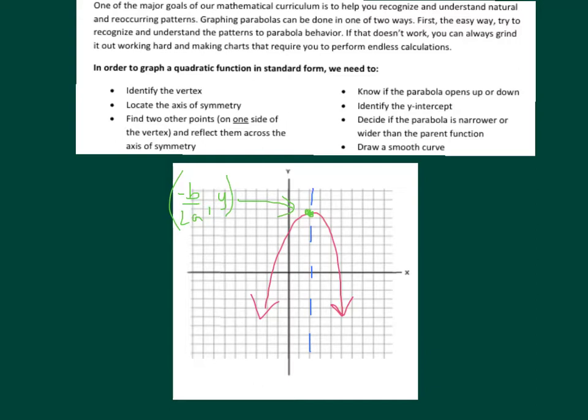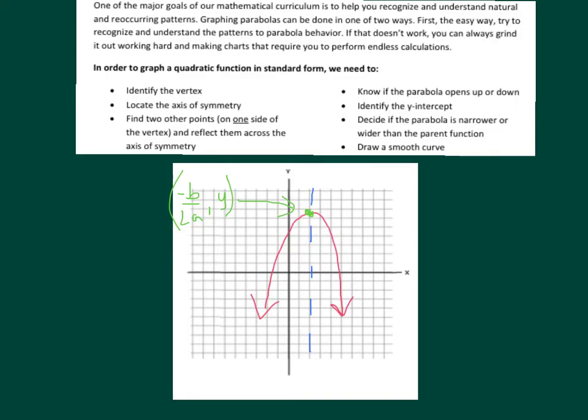What are some of the things we need to be able to do? We need to be able to identify the vertex and locate the axis of symmetry. Those two things happen simultaneously almost. Then we're going to find 2 points on one side of the vertex and reflect them across the axis of symmetry. We should know whether or not the parabola opens up or down. We should be able to identify the y-intercept very quickly in standard form. We should decide if the parabola is narrower or wider than the parent function, and then we should be able